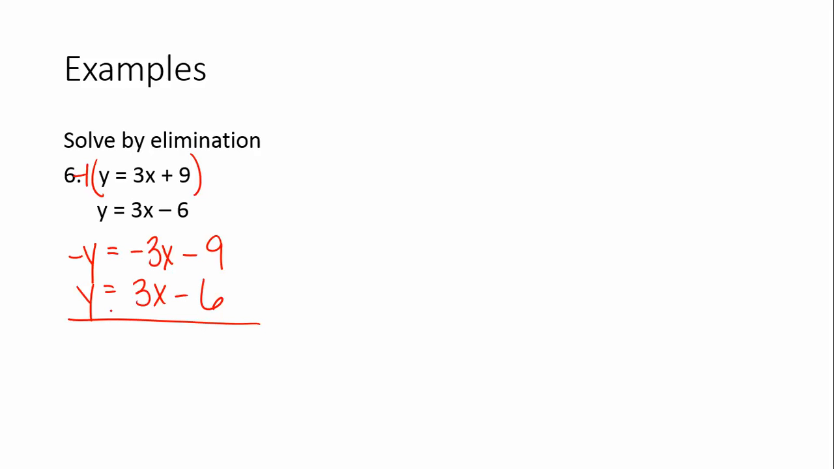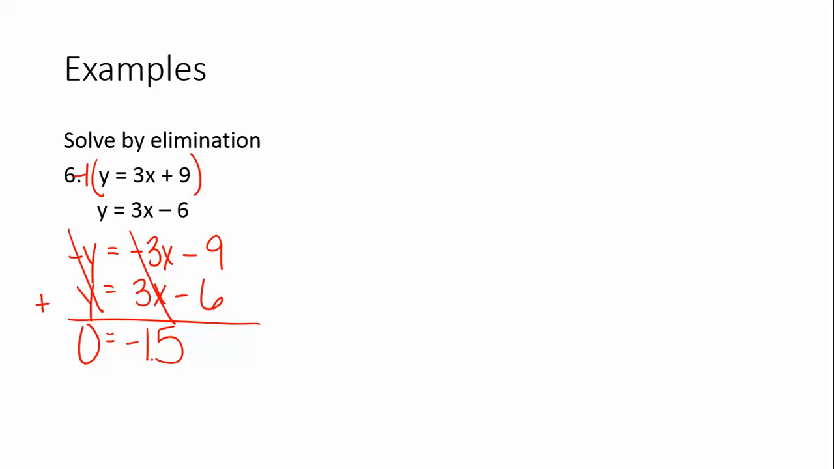So now I need to add up the equations and make sure you keep your equal sign where it is. Don't move it somewhere else. So we have a negative y plus a y. Well, the y's are going to eliminate. That leaves me with a 0. Notice though what happens with the x's. The x's also eliminate. And I have a negative 9 minus 6, or negative 9 plus a negative 6, which